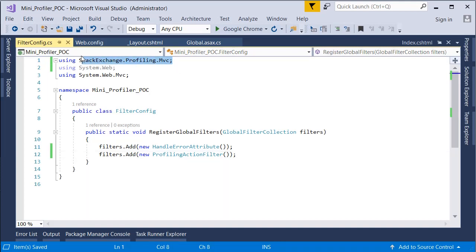So by using the library of mini profiler, you can add the filter here for profiling the server side portion. So let's check again after adding it at the server level.